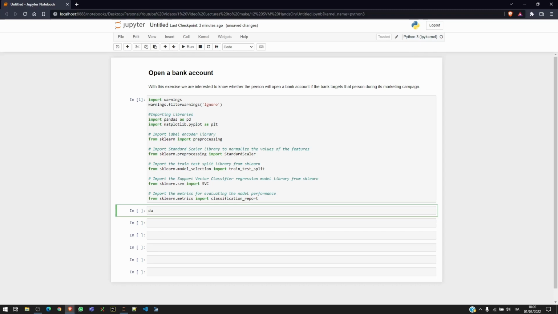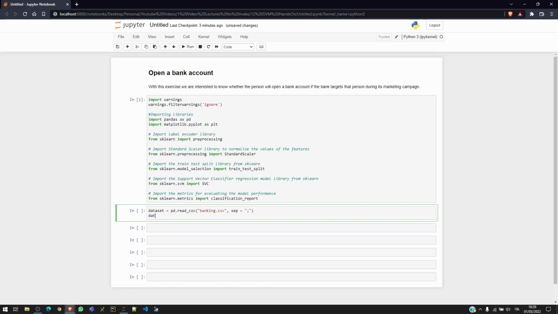So we're gonna have dataset pd.read_csv banking, and this dataset has a separator which is semicolon, and then we want to see